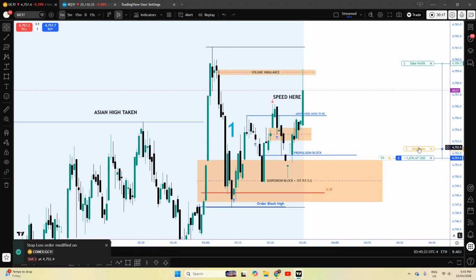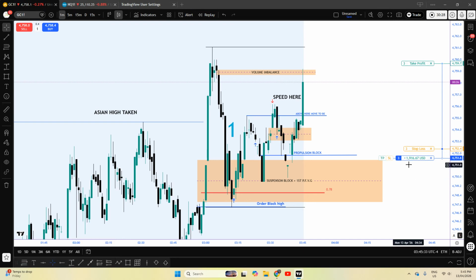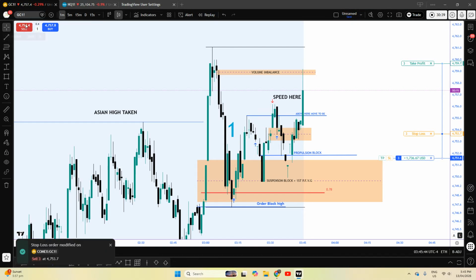So move this to break even. I want to see more speed. So the take profit is just right there. So I want to see it smash with speed. Should be ready to take my, so I'm going to take one off. So I'm going to sell one. Change here to